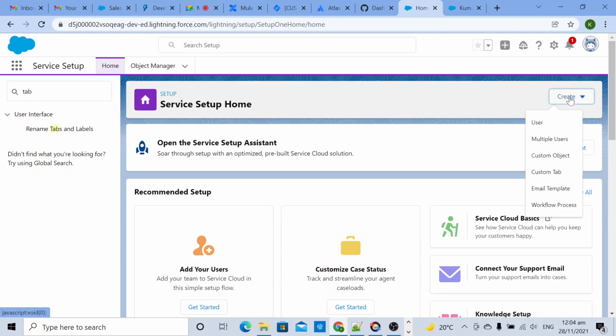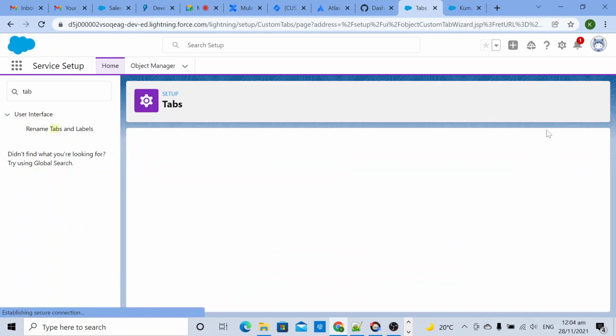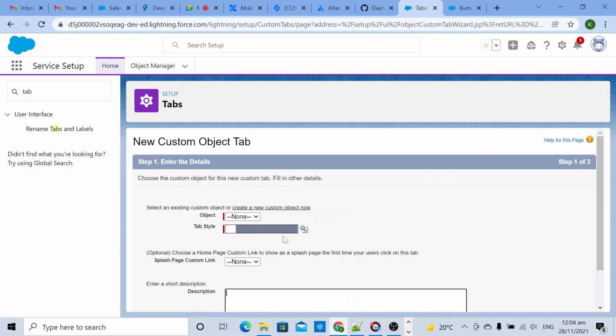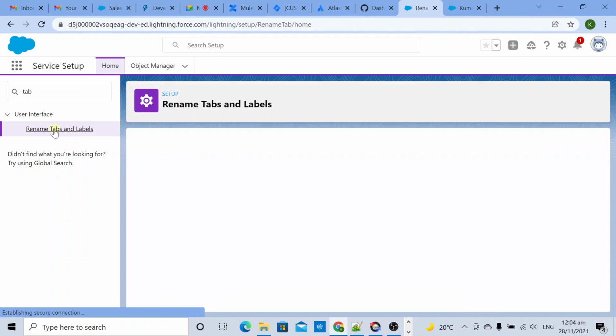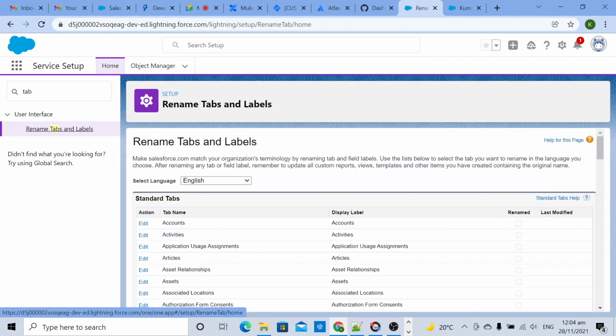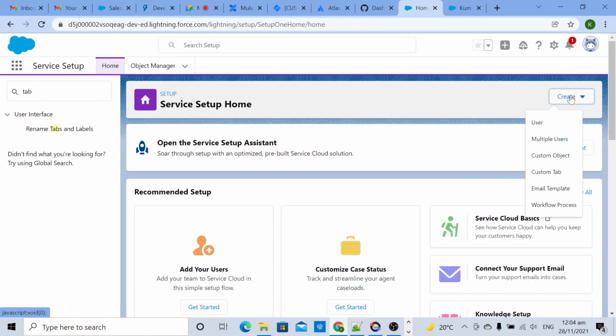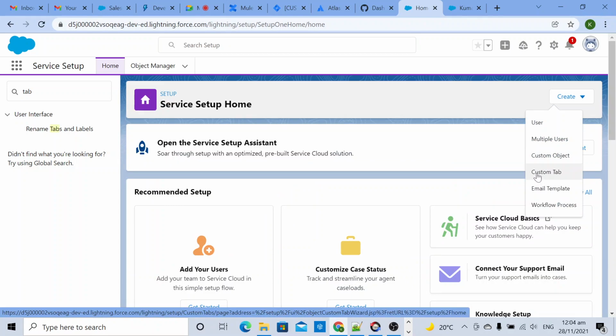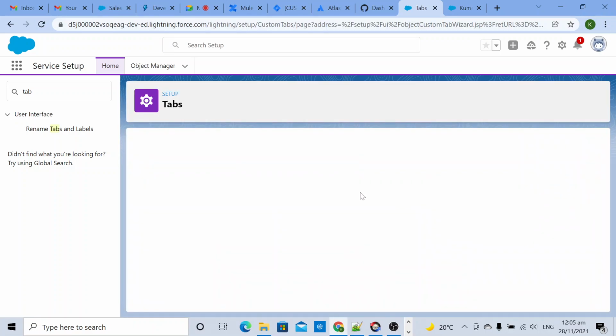Service Setup, Home, custom tab. Okay, here I can create. So if the tab option does not come, then select this option. Ideally the tab should come. If not coming, click on Setup, then click on Create, and here you will select custom tab or custom object. Sorry, I want custom tab, so click on custom tab.